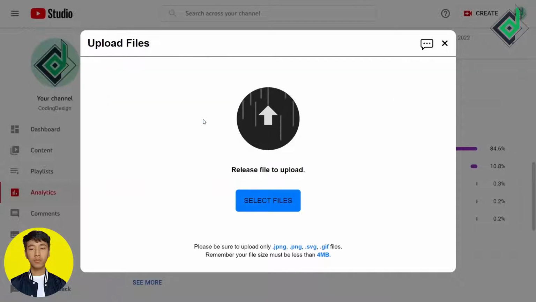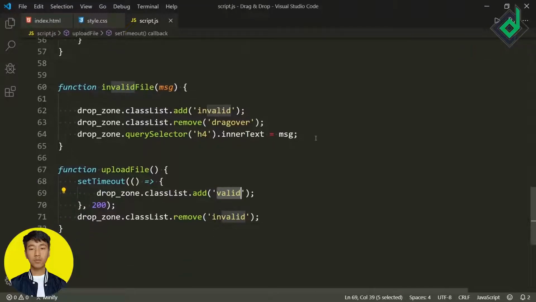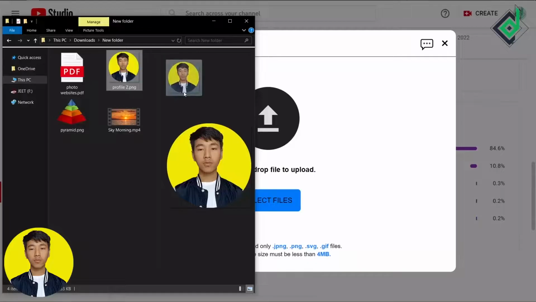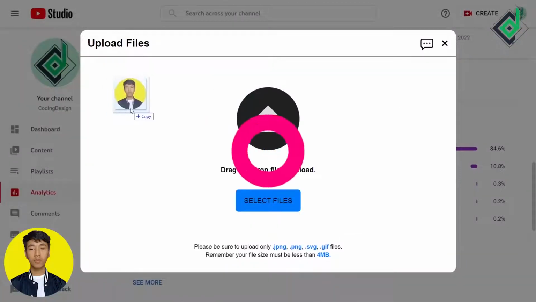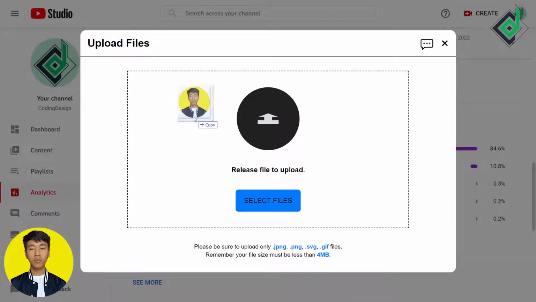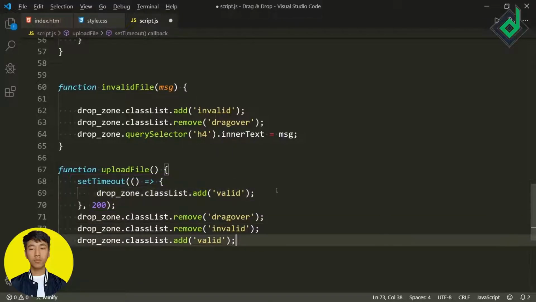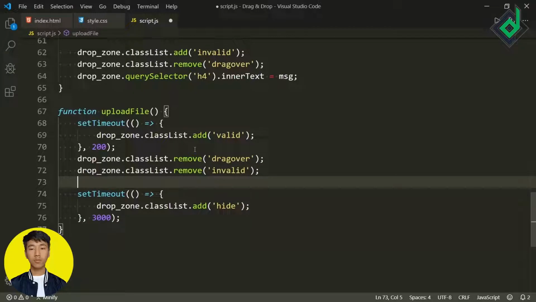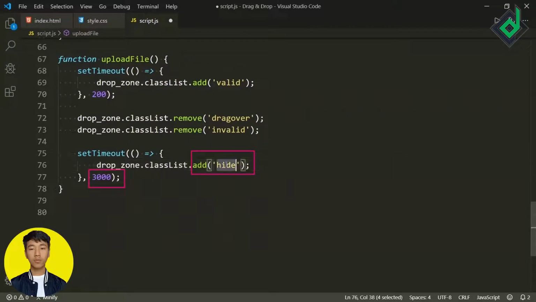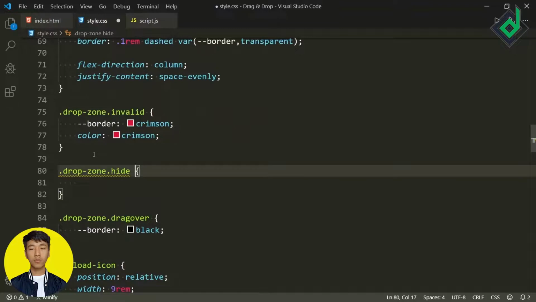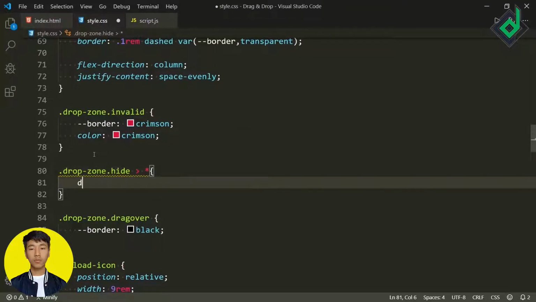Similarly, when you drop your file, I want to remove that border around the box. So let's duplicate this code and remove that drag over class. But now whenever you are dragging and dropping that file, I want to hide all those upload icons, all those texts. So for that again I'm taking the help of the setTimeout method, and after 3 seconds for the drop zone class we'll add the class hide, but that class hide we haven't given for that class drop zone. So in the CSS file for the class drop zone, let's give .hide: everything that is inside that div with class name drop zone, we want to give display none.